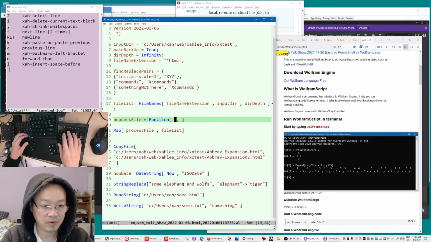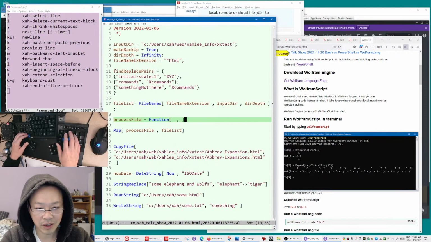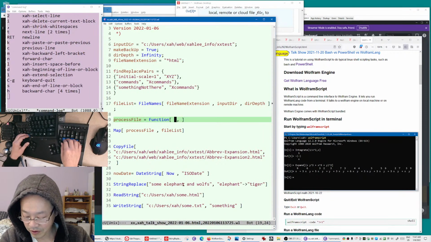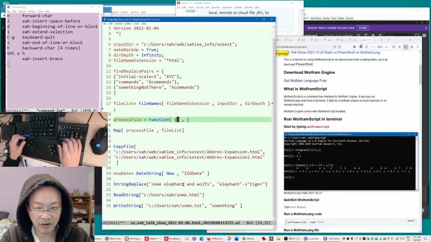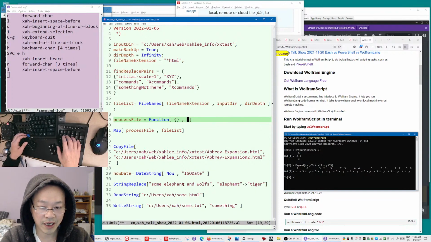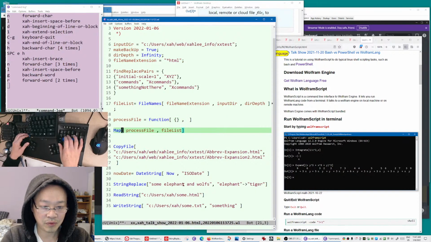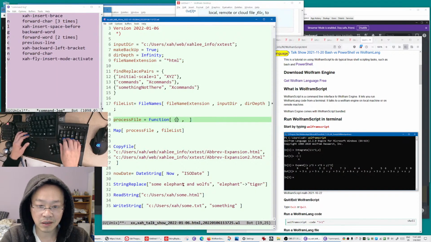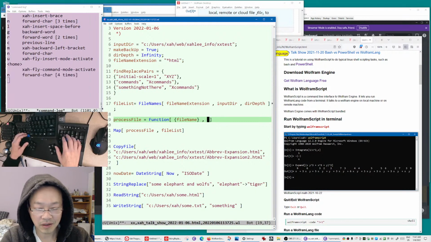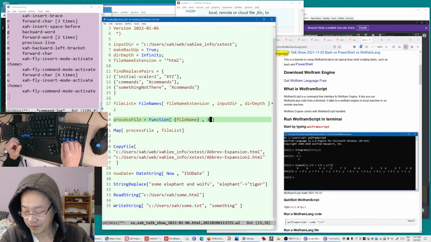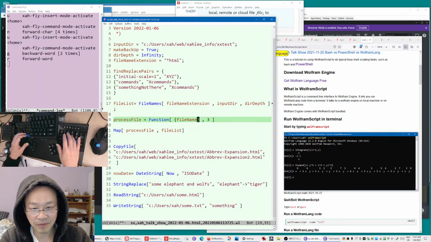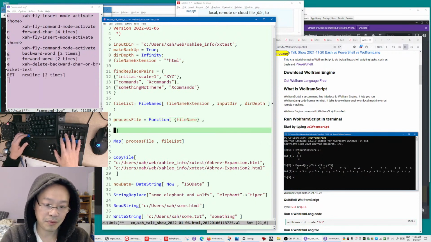So we need to write a process file function. What does the function do? The first argument is a list of variables. The second argument is what the function will actually do. The function will take one argument, the file name, and then do whatever, let's say three things for now. So it takes a file name, then it will